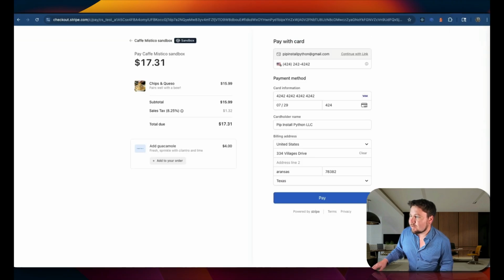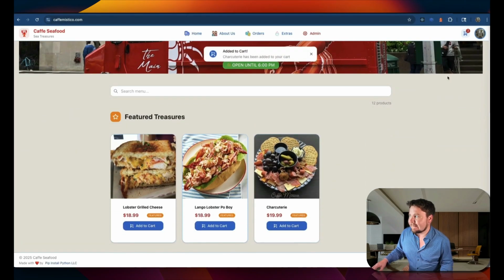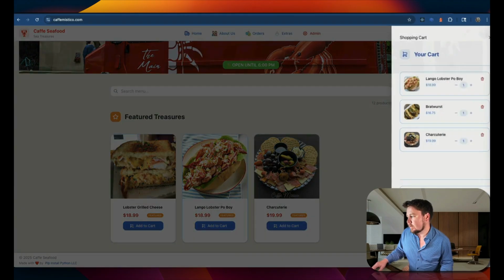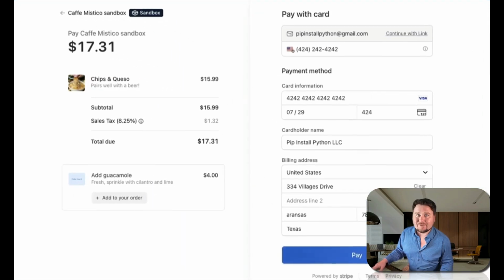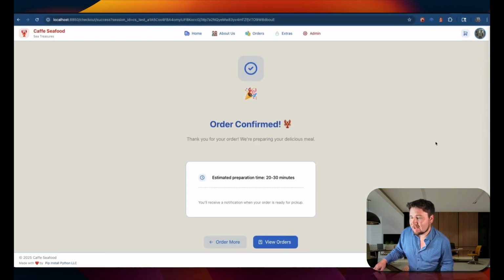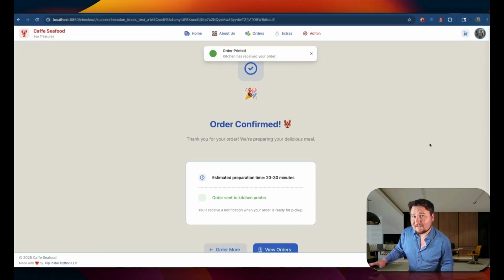So let's showcase placing an order. Over here in the application, you can add items to the menu and it gets reflected in the shopping cart. Whenever you are done, you click on checkout and then you get sent over to this payment page. This is the Stripe payment page, and you put in your credit card information, you provide some information, a phone number, which is useful for a restaurant, so they can call you and say, hey, your order's ready. But yeah, with that, you just place the order. And what you'll see is that you'll get sent over to this confirmation. And then if you wait a second, you'll hear